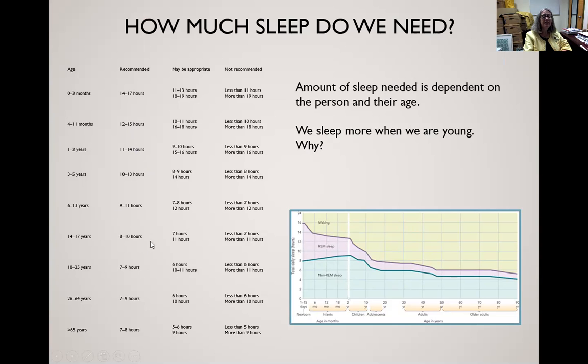And then right around the teenage years, this is showing it's still going down. Some books will say that around the teenage years you almost need more sleep again. There are so many hormonal changes that you almost need even more. Then it keeps going. You need less and less as you get older. And real senior citizens, people in their 70s and 80s, some of the textbooks will say that at that point, oftentimes, you can get by on 4 or 5 hours of sleep. For most adults, though, we're going to need about 8 hours of sleep.